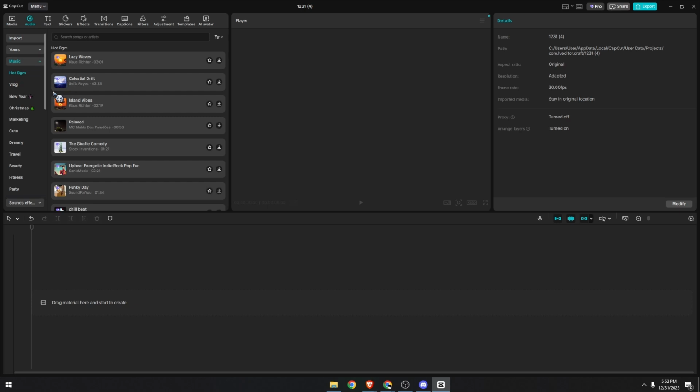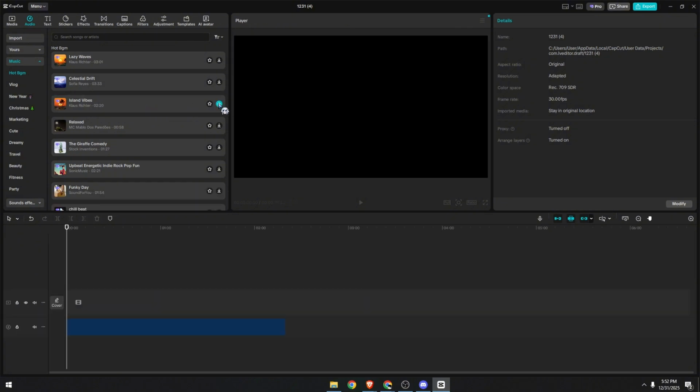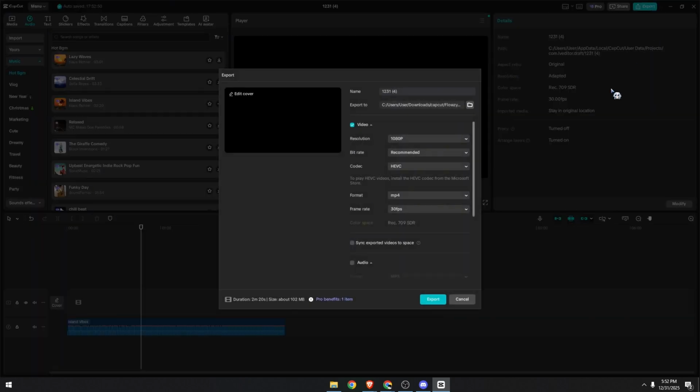And you will be redirected to the music category automatically. And just choose any music you like. For example, this one. I'm going to add this and we just need to click on export and then click